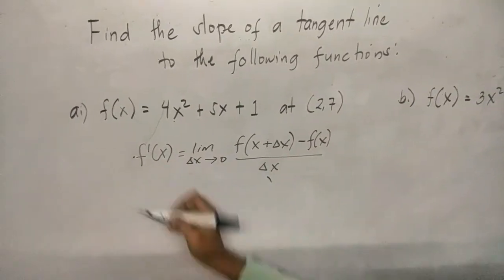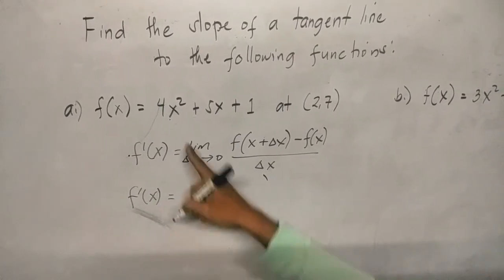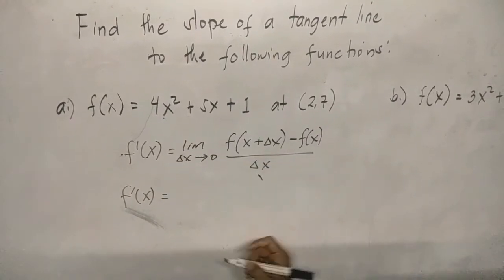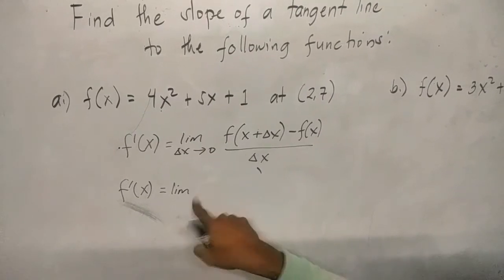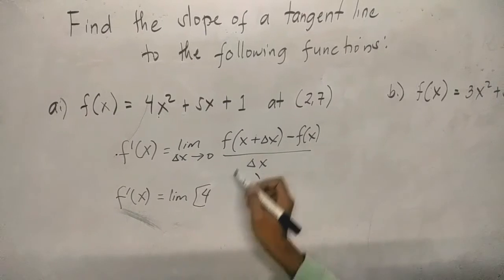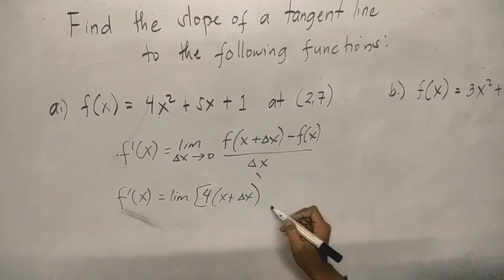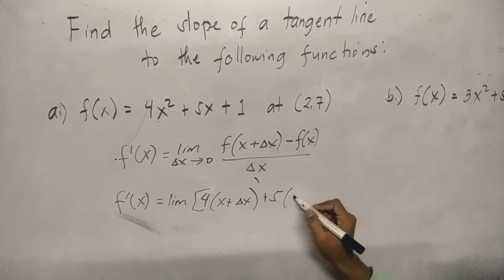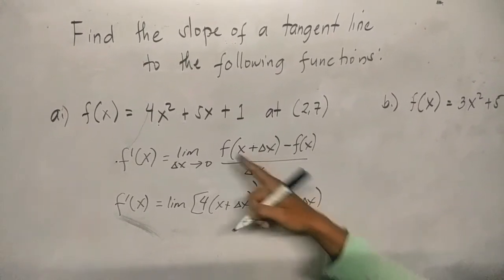So f prime of x is equal to, we replace all the x in 4x squared plus 5x plus 1 with x plus delta x. So don't forget, we have the limit, then bracket, so 4, then our x we replace with x plus delta x, then plus 5, the x again, x plus delta x, and then plus 1